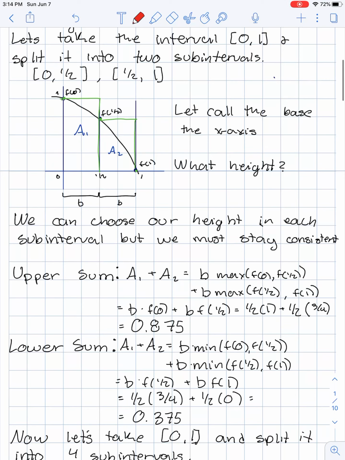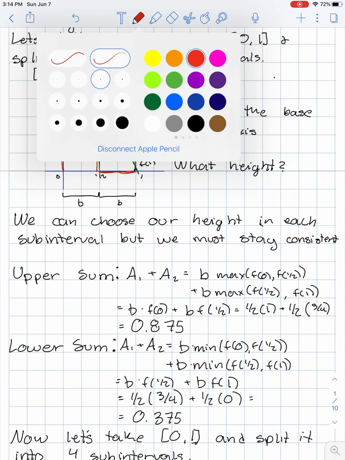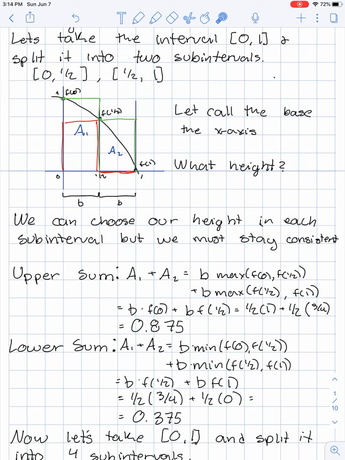So if we go up here and draw the red rectangles, you can see right here, this one isn't even a rectangle. It's kind of like a line. So our green rectangles are the upper sum. It's going to be an overestimate, right? It's counting all of this area right here that I don't necessarily want to count, whereas the red is missing this area under the curve. And in the second rectangle, we're not even counting any of the area. So it's a really big